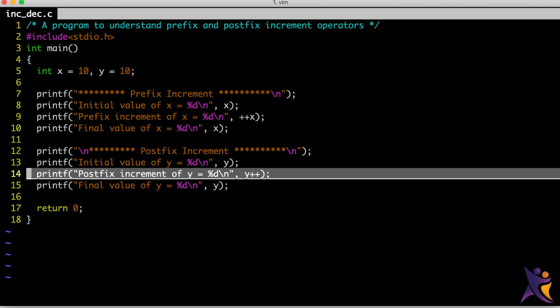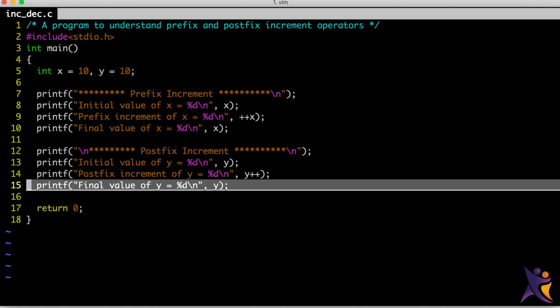So if you print y plus plus in this statement, it will print the initial value of y before even incrementing it. So the output of this line is the initial value of y, which is 10. And then after printing this, the variable y will get incremented. So when you print the final value of y, it will be 11.